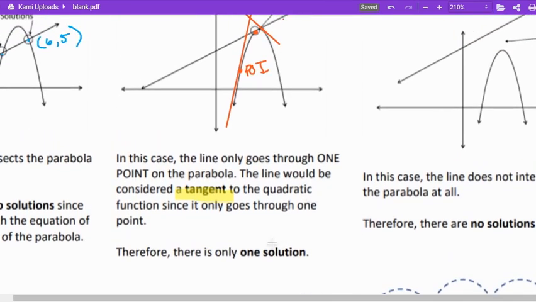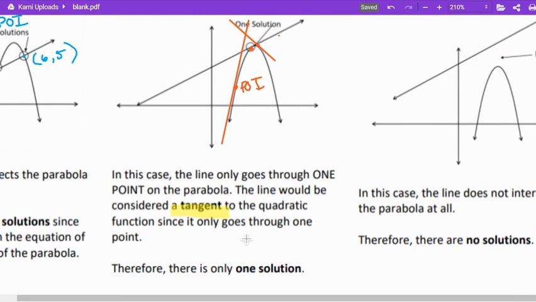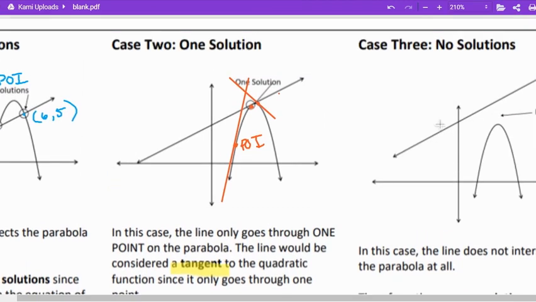And that would mean one solution. And then in the third case, we have a case where there are no solutions. And that's also realistic, right? Where we have a parabola or a quadratic function, and then the linear function is, in this case, above it, and they never meet. Or if I have a quadratic function with a positive a value,